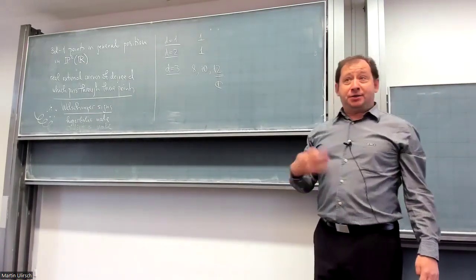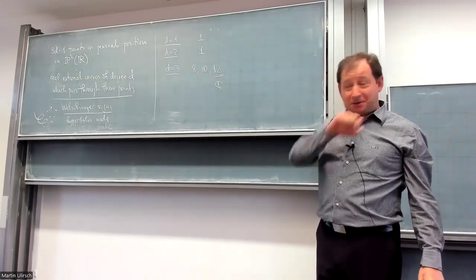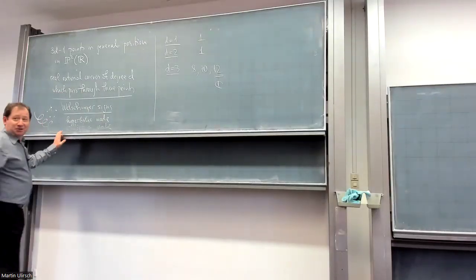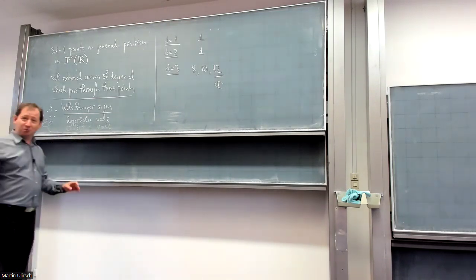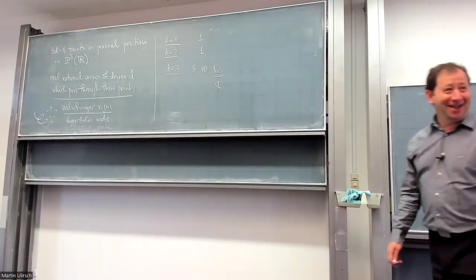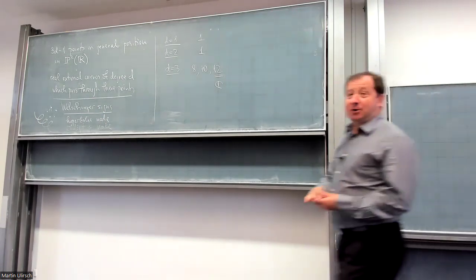Well, I said that there are three types, and I described just two. It's a standard joke in this place that there are three types of mathematicians: those who know how to count and those who don't. So in fact, there is a third type, because